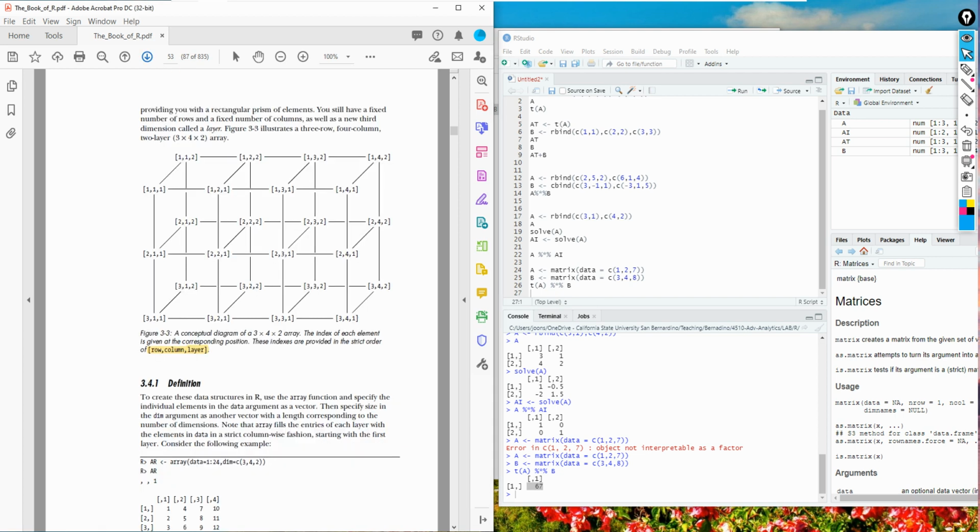So you can think of this as a three-dimensional array. I know it looks complex, but it's not that complicated. Basically, they use square brackets, as you can see, and the first index is row, comma, column, comma, layer.